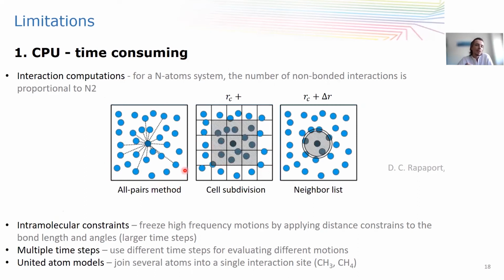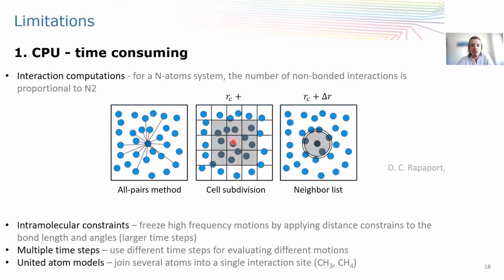If you have some simulation box filled with atoms like this, and we want to calculate all of these interacting pairs, we will be creating a very long list of these pairs, and this can result in really long time and memory problems for our algorithm or computer. So we start to develop new strategies to make this time shorter. Another strategy is cell subdivision, and we divide our simulation box into cells which are the size of RC. It was basically this range where we cut our potential, so we will not see over this RC distance,